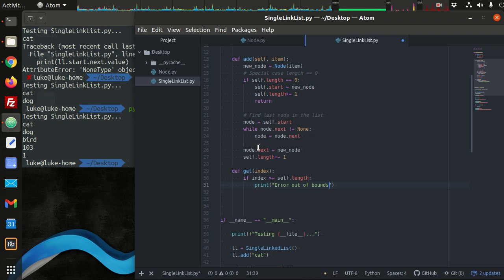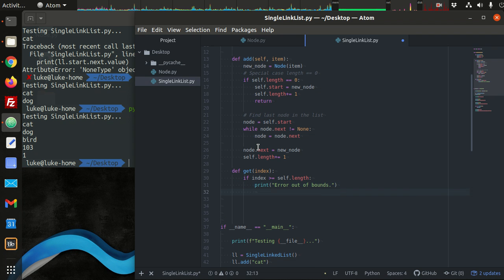You know, we might want to create an exception and throw it. That's a little bit more than I want to get into for this video. But so we print error out of bounds, and then we could either just return none, which might be something you want to do, but then that could get confusing because perhaps you stored the value none in the list, which you can do in Python. I can make a list and have a none value and then cat,